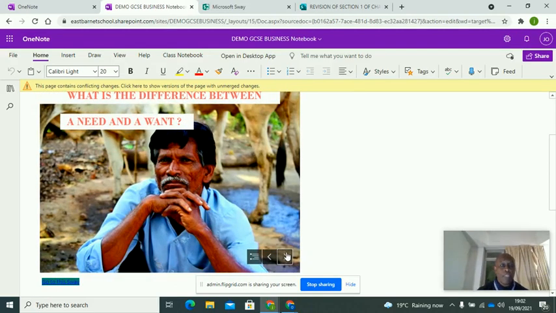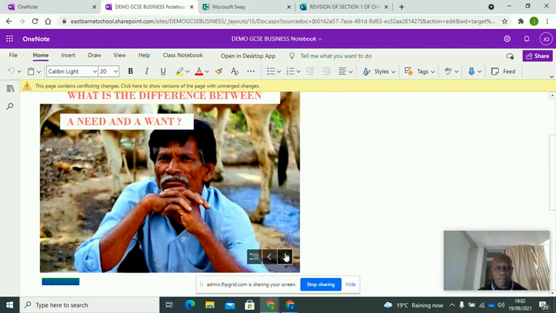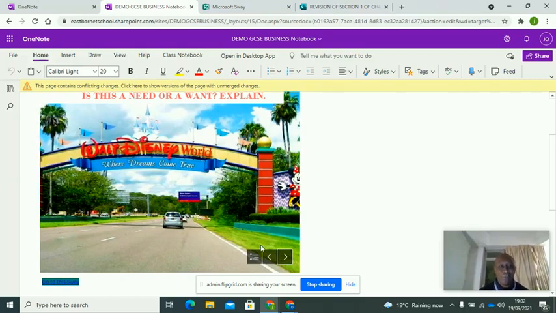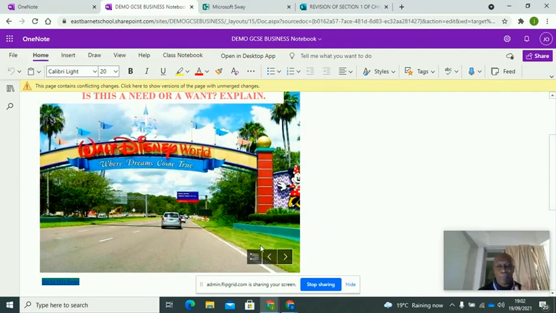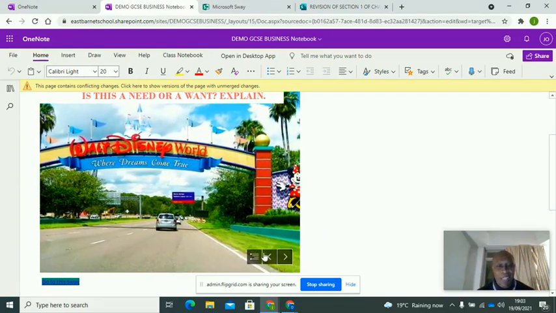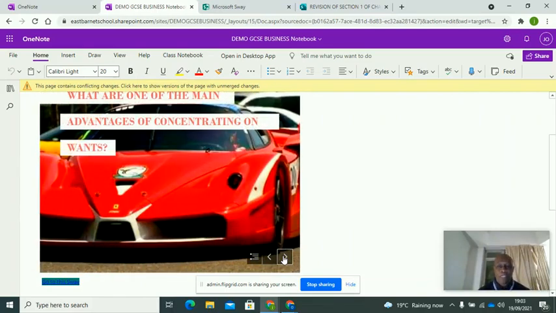Okay. One of the things we've done, apart from characteristics of entrepreneur, is the difference between a need and a want. And I'm sure you know the difference. Question, very easy question. Is this a need or a want? Hopefully, you would know this is obviously going to be a want. Going to Disney World is going to be a want, not a need. Okay. Now, the question I want to ask you is, what is the relevance of needs and wants to a